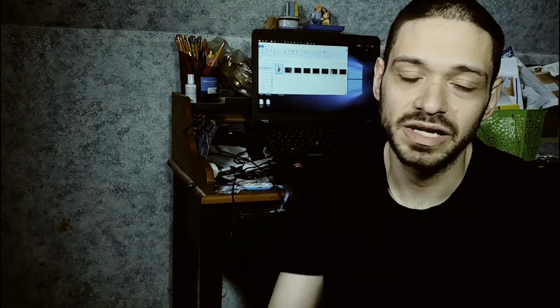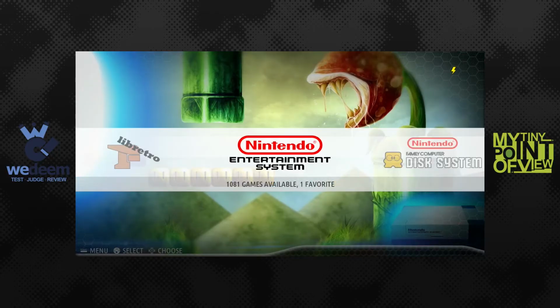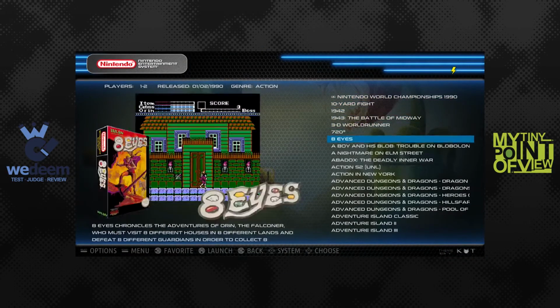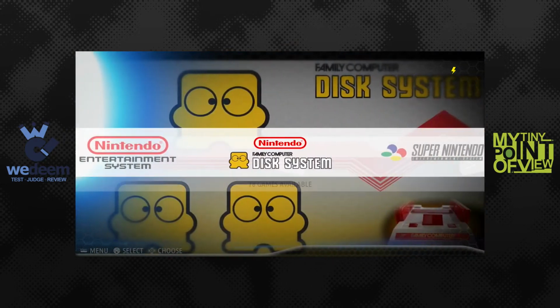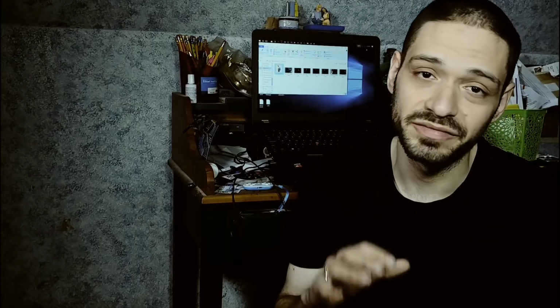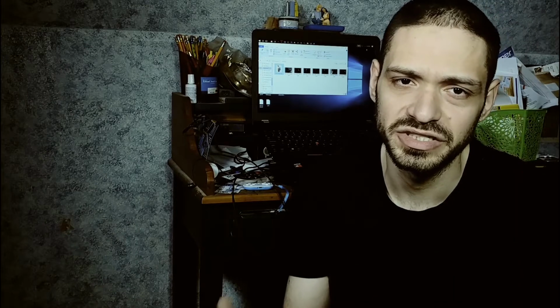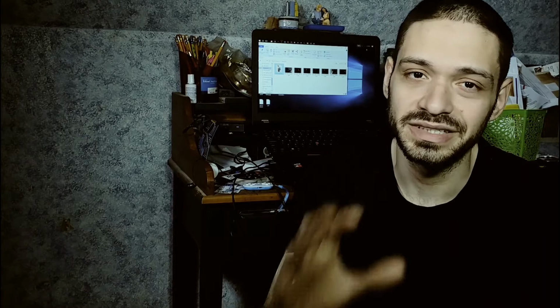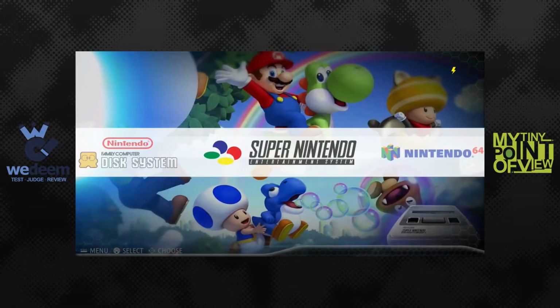You have some of your favorite Nintendo systems, such as the Nintendo Entertainment System, and there are 1,081 games on that alone. The Nintendo Family Computer Disk System, which I personally have never played, never owned. This was something I believe was only released in Japan. There are 78 games. I finally will get to experience that with my Raspberry Pi Retro console. There is, of course,